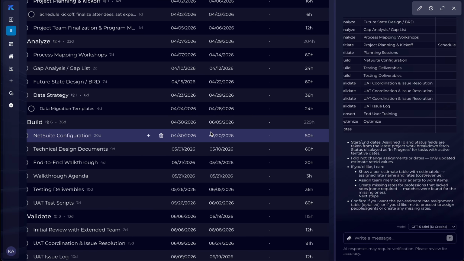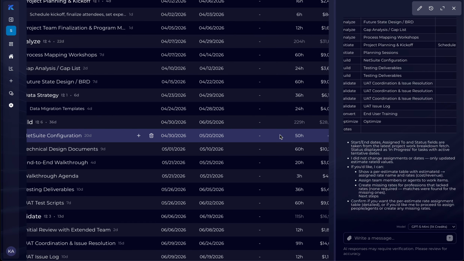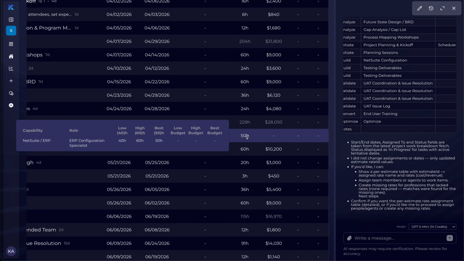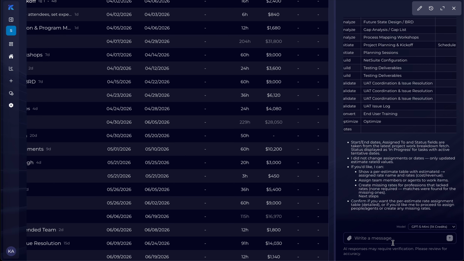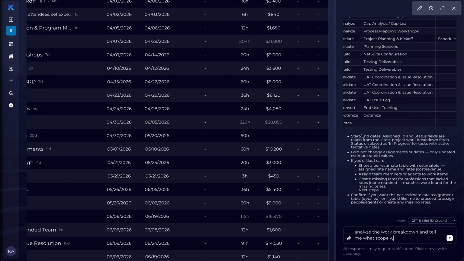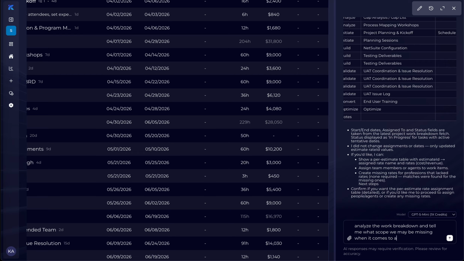Great. I think one of the roles is still missing the rate card, so we don't have the cost for this, but we can take care of that later. So let's do something more exciting. Next, we'll ask the agent to analyze the work breakdown and tell me what scope we may be missing when it comes to a typical NetSuite